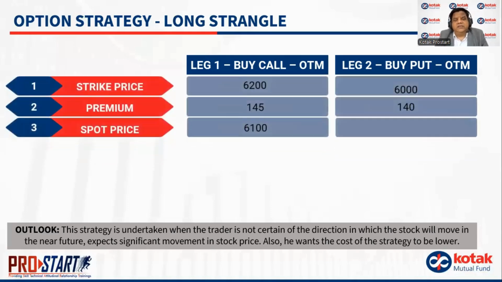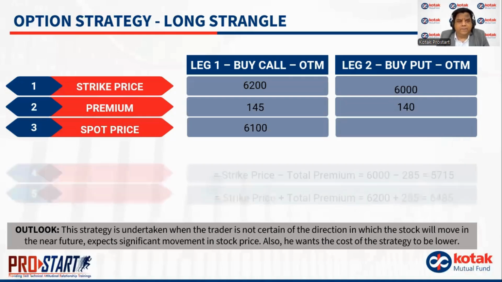Let's look at the prices here. The strike price is 6,200 for the call and 6,000 for the put. The option premiums are 145 and 140 respectively, lower than the straddle. The spot price here is exactly in between the strike prices of the call and put, which is at